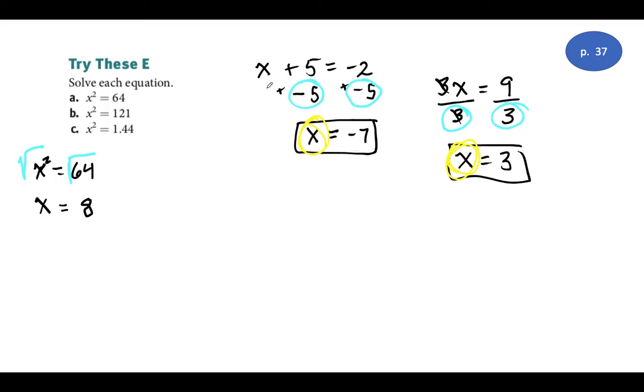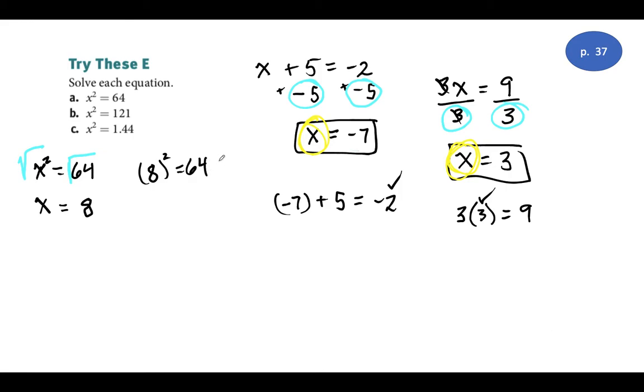Remember, when we do problems like this, we can always plug the answer back in to see if it works. So I could plug in negative 7 for x. Instead of x plus 5, I have negative 7 plus 5, and I get the answer negative 2, so I know it works. I could plug in 3 for x. Instead of 3 times x, I'd have 3 times 3, and 3 times 3 is 9, so 3 works as an answer. If I plug 8 back in here for x, since x was squared, 8 will be squared,